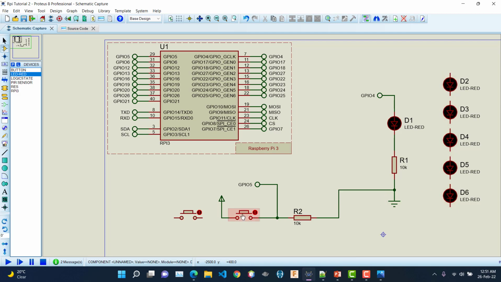And when you press the button 2, all the LEDs will start to turn off and give a delay of 1 second. So first this one will be turned on, after 1 second this one, after 1 second this one, and when you press the button 2, the same. First this one will turn off, after that this one, after that this one. So give it a try. If you can do it,